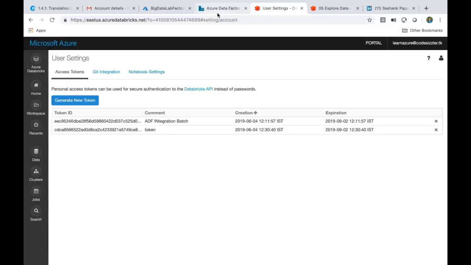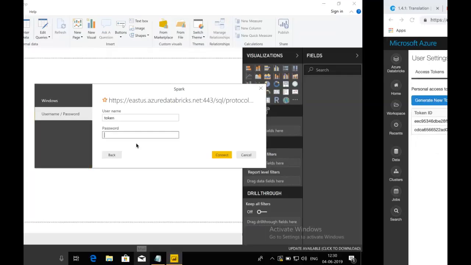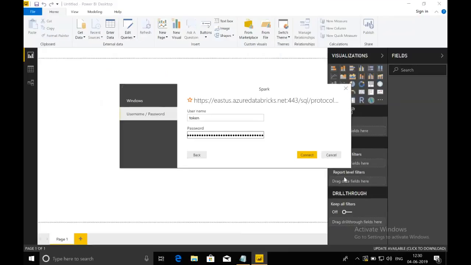I'll go to my account, paste it here and say connect. It should be able to connect by this time. I don't know why it's delaying.